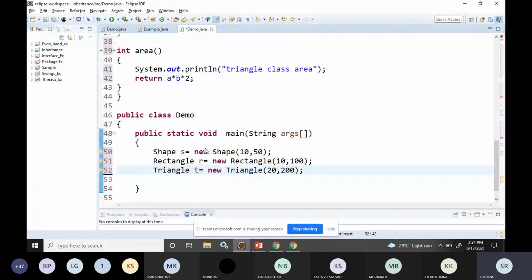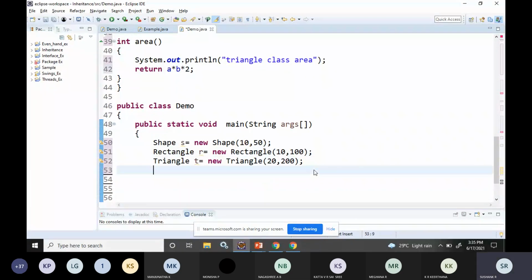So I want to calculate the area of a rectangle with length as 10 and breadth as 100, and for the triangle the base will be 20 and height will be 200, some random values. Here we want to know how it is working.